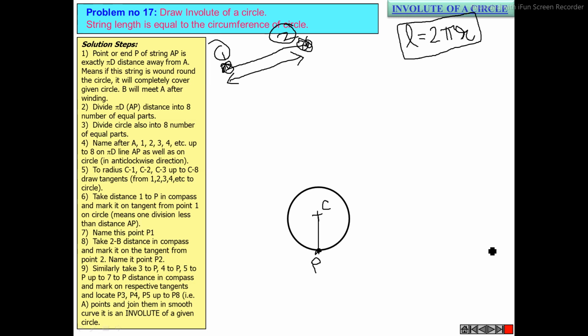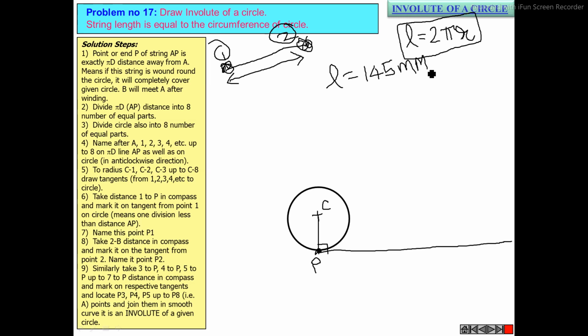Yes, sir. Fine. So from point P, you draw an infinitely long tangent line. You don't know the length, just draw an infinitely long tangent line. By tangent line, I mean this angle should be 90 degrees. Then on this infinitely long tangent line, once you know the value of r, multiply it with 2 pi, and you will get the value of L. Say L is 145 mm, that means 14.5 centimeters. You will take that much distance in your compass.